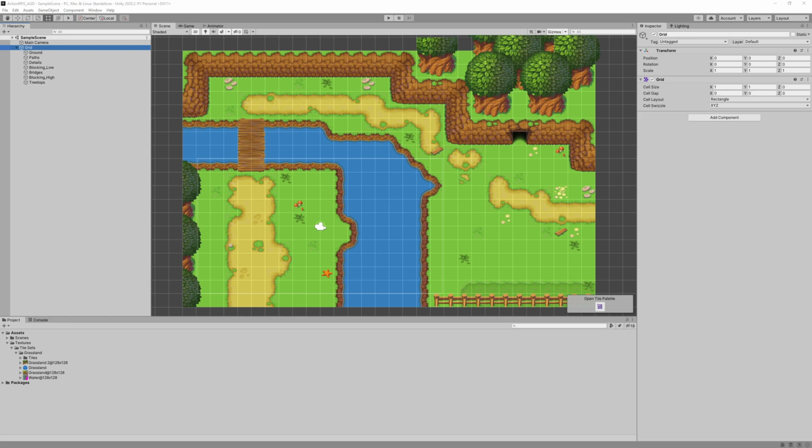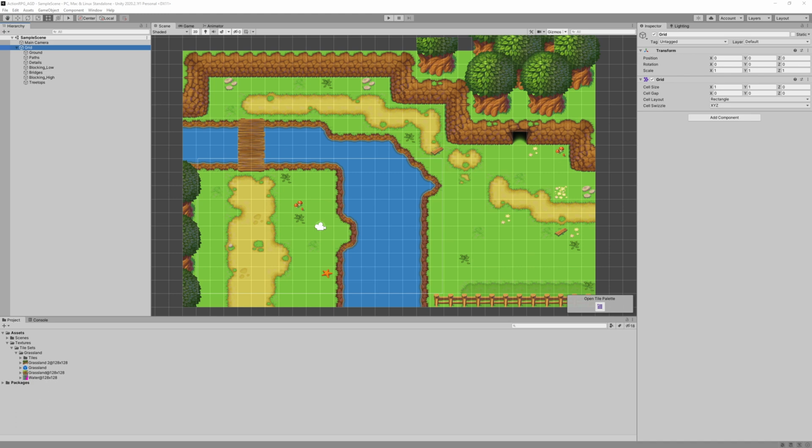Welcome to my second video in our first series for making an action RPG in Unity. In this video, we have just finished building one map for the player to explore on, and it was comprised of multiple layers. In this video, we're going to set up the collision and the colliders so that when we do add